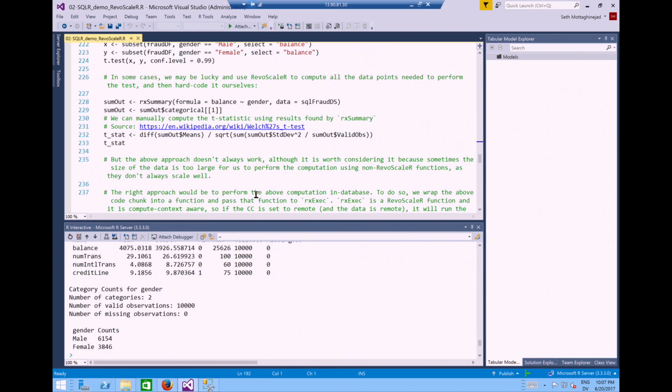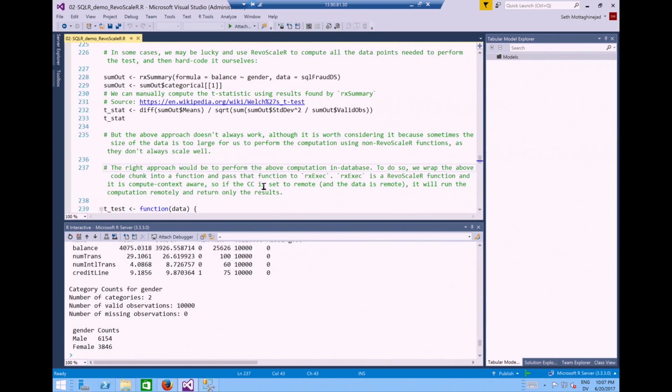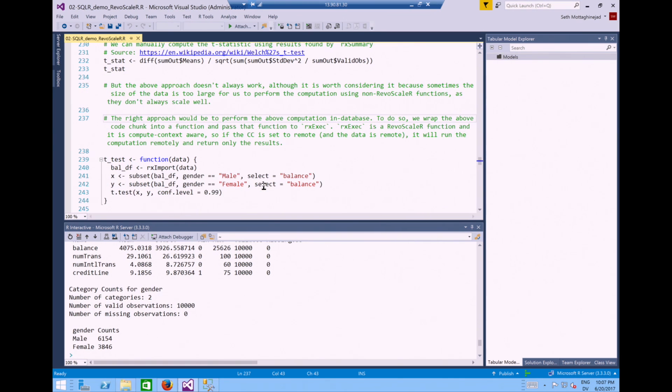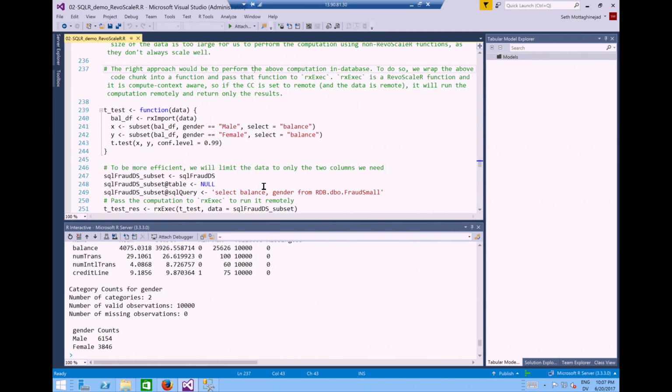One thing I should mention is that in a lot of these examples I use the R server functions, the big data functions for processing the data. But you should know that you can use any open source R function to do in-database analytics. And there is a particular way of doing that using a function. So I'll show you maybe just this one example.